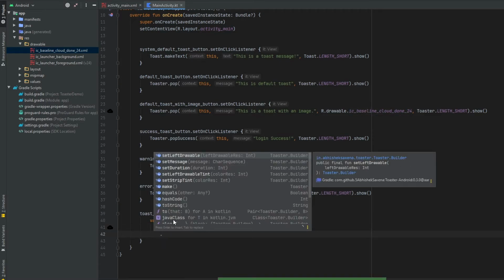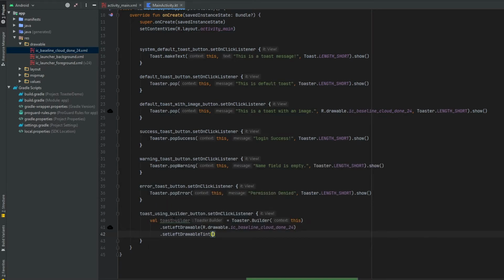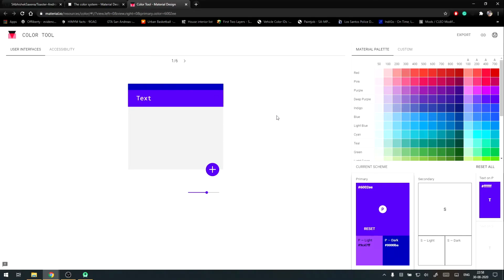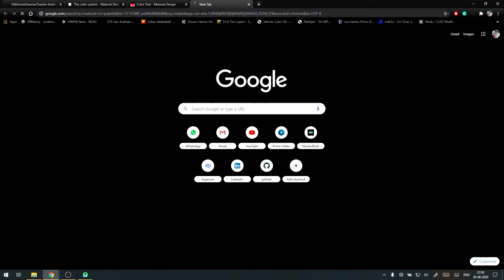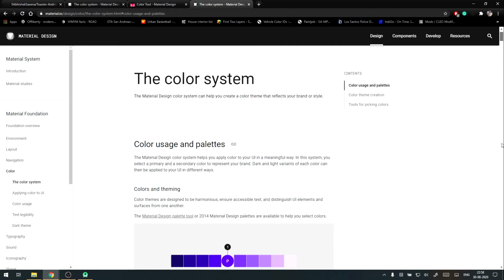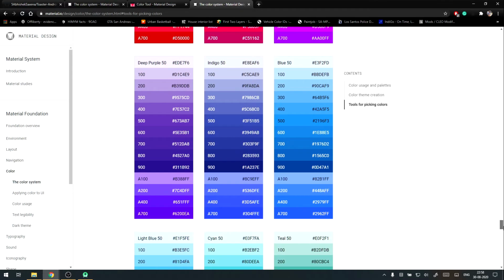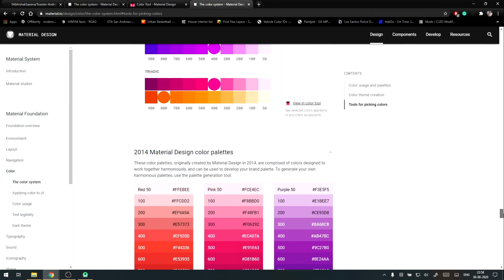Then you can set the color. So set drawable tint. Let's add the blue color to it. So color dot blue. I don't have the color. So one second. You can go to the palette, that is Material IO palette. The link of this page is in the description. You can also Google it, like Material IO palette. Then open the first link over there. Then scroll to the bottom of the page, where you will see the colors. You can copy the colors from there, or you can use the tool.